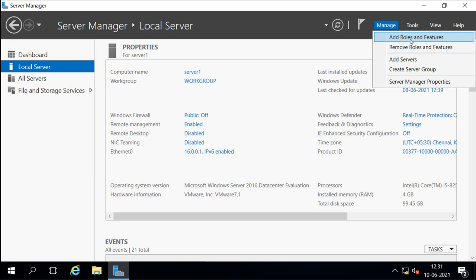It will show the notification, and for some roles, if you don't install those features, it will not work. So some default features we have to install with this role, and some optional features are there. Optional features we can install whenever we want. It will not install them automatically. It will only install those features required by default for this role, and it will notify the administrator when it is installing the role that it is going to install these features also.